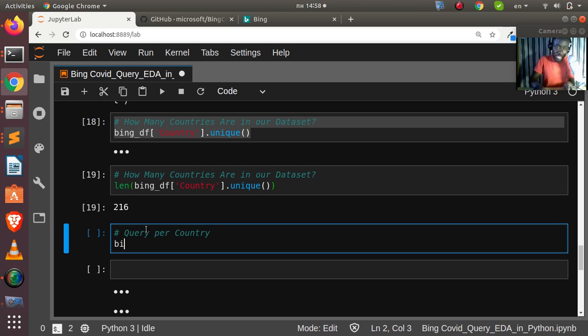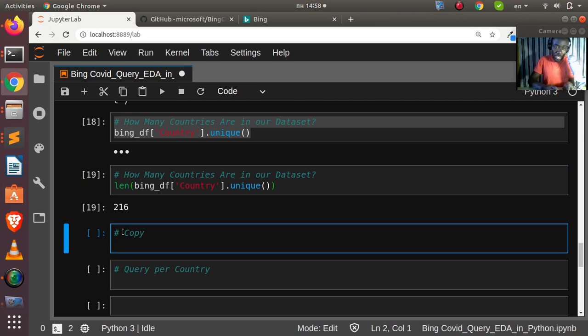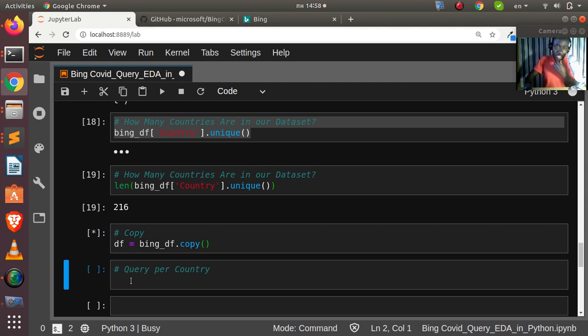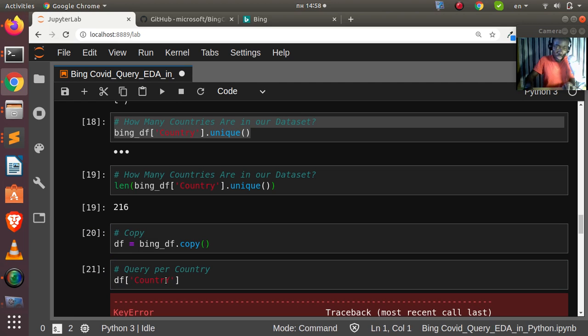So let's equate this one to df, right? Because typing bing df is taking a lot of time to spell. So this is going to be making a copy, right? It's going to be my df, going to bing df.copy, right? So we are just using the df to help us with that because it's taking a lot of time spelling the bing df. So df, then I'll just go with the country that we have. We have all the countries there. It's supposed to be small,